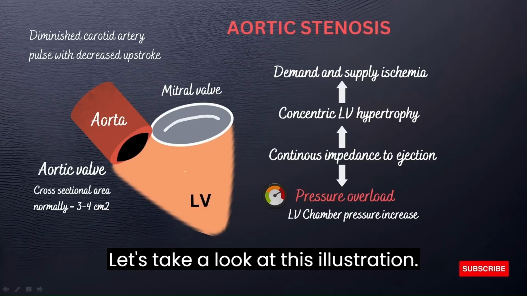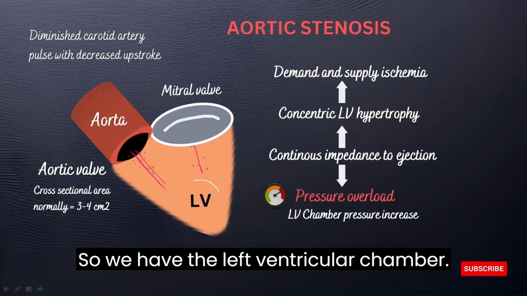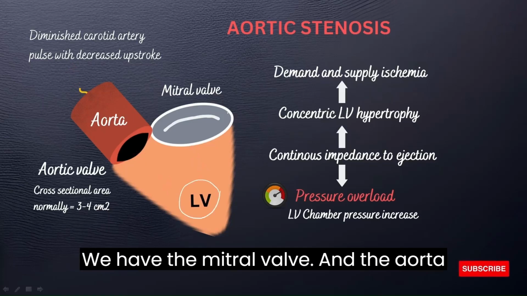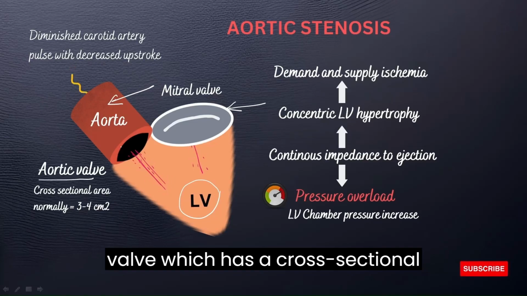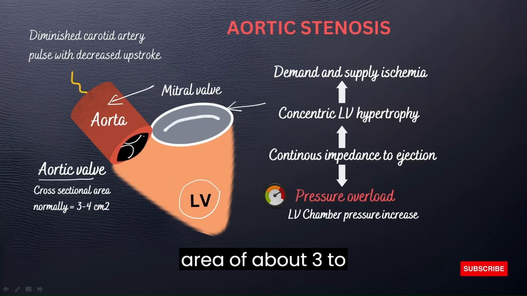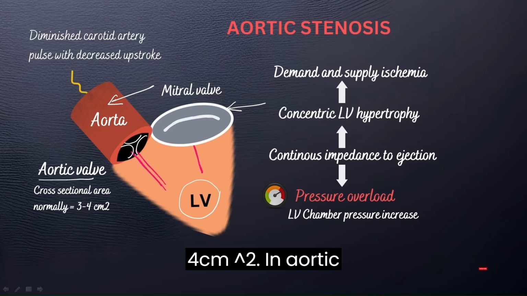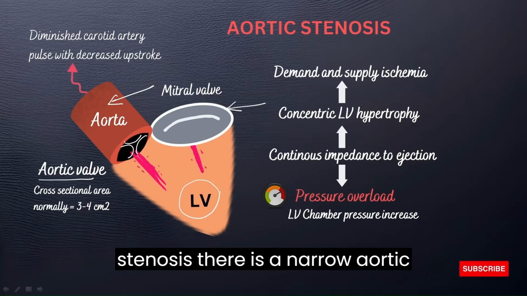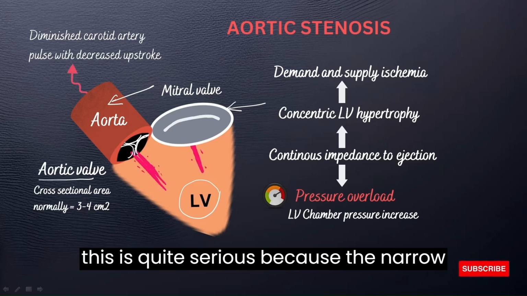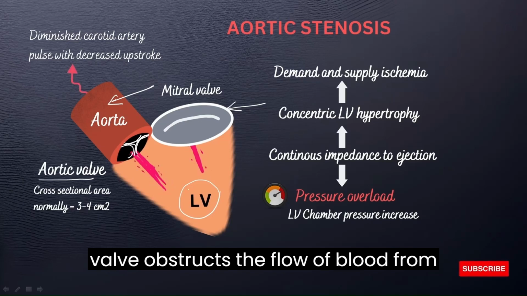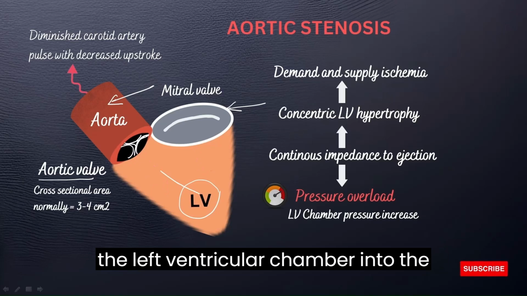Let's take a look at this illustration. So, we have the left ventricular chamber, we have the mitral valve, we have the aorta, and we have the aortic valve, which has a cross-sectional area of about 3 to 4 centimeter squared. In aortic stenosis, there is a narrowed aortic valve right here. And this is quite serious because the narrow valve obstructs the flow of blood from the left ventricular chamber into